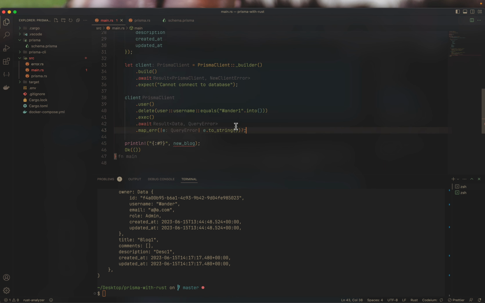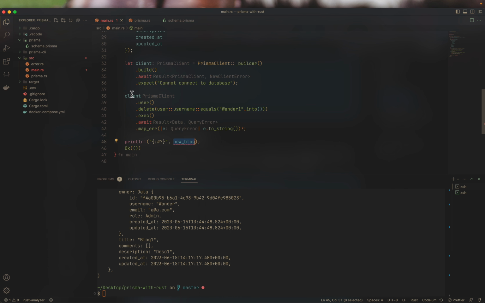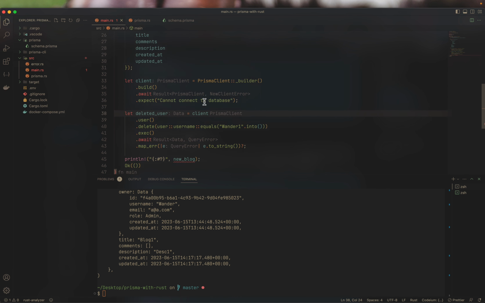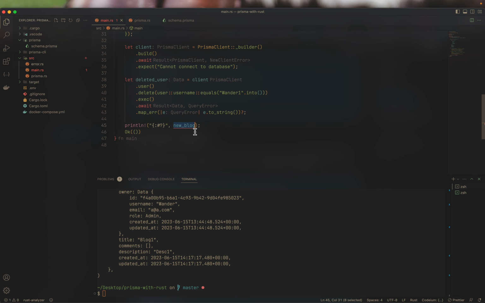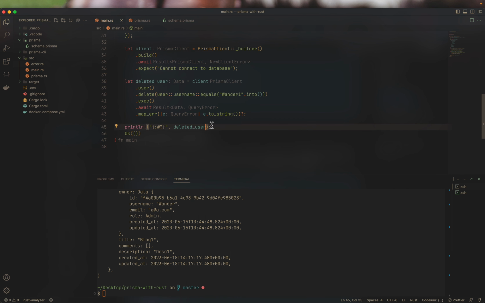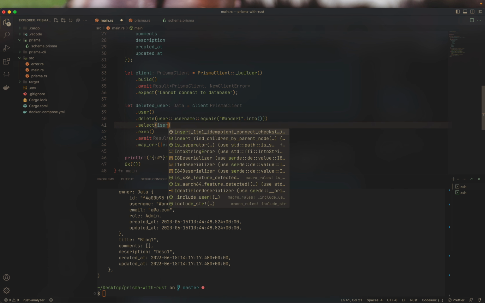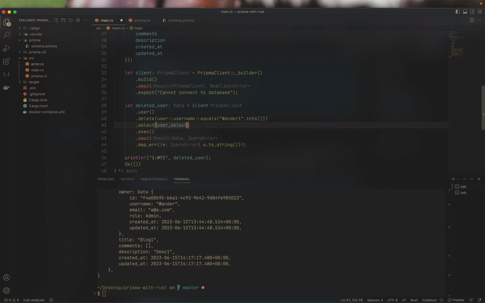Awesome. Okay, so now we don't have something, but funny enough, you can actually see the deleted user here, because this function does return back for you the deleted user. And also, since it returns back a deleted user, you can actually filter on it. You can do a select, and then user select, and then select